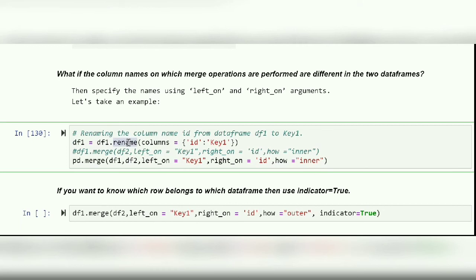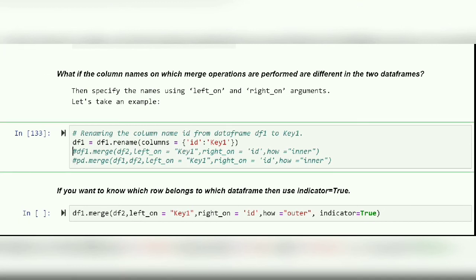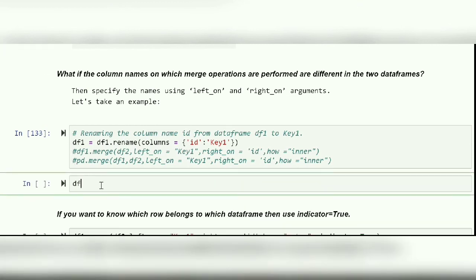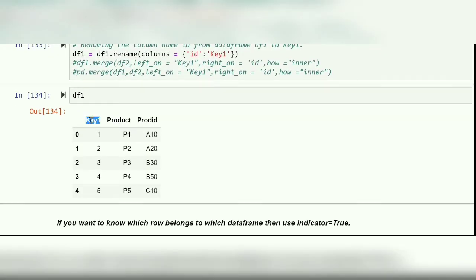I am utilizing the rename method, df1.rename columns, and I am renaming ID to key1 here. Now if you see the contents of this data frame, the ID that was previously there has been renamed to key1.